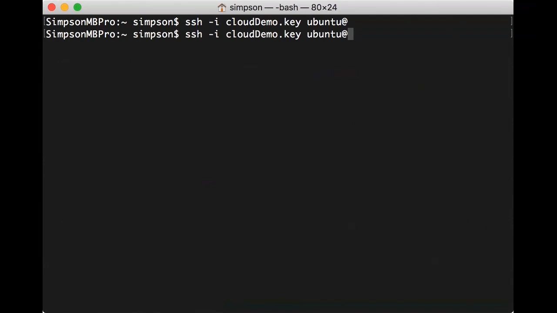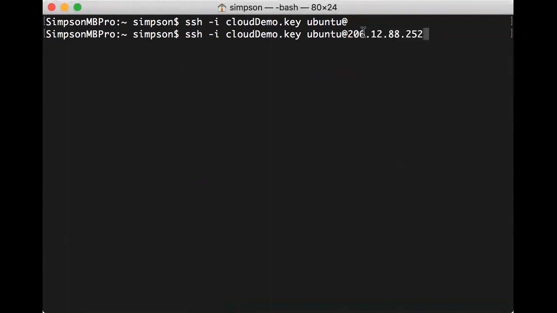I grabbed the wrong one. So I'm going to go back to my browser window, which you're not going to be able to see here, and I'm going to copy that 206 address. And then I'm going to paste it in here.